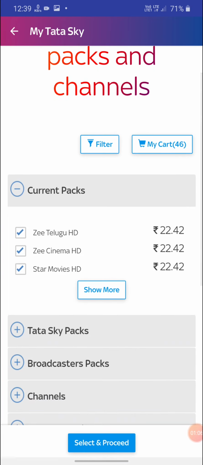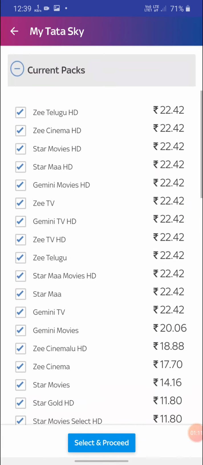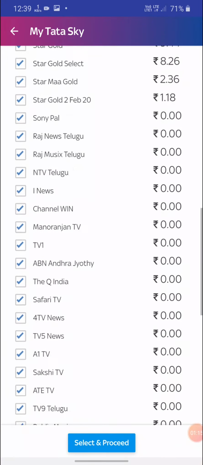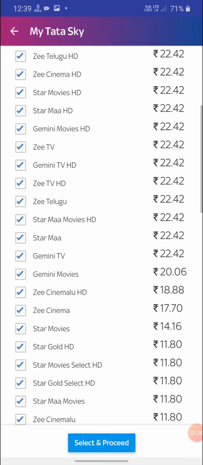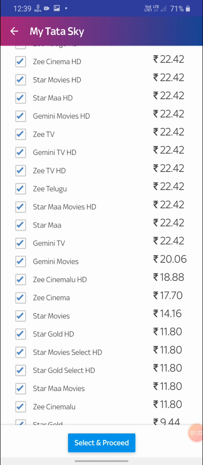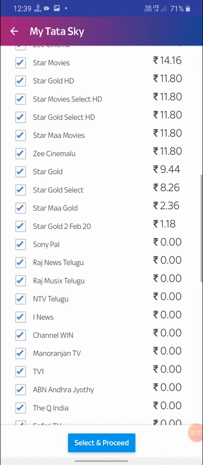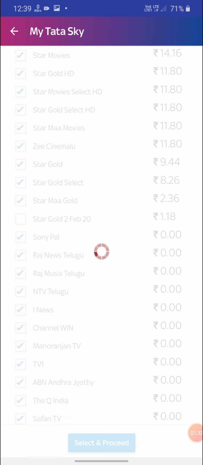Now after pressing on show more, you can see the channel list from G Telugu HD till the bottom. I mainly prefer these channels, from G Telugu till Star Gold 2, as you can see in this video. Sorry, it was pressed by mistake, but you don't press it.